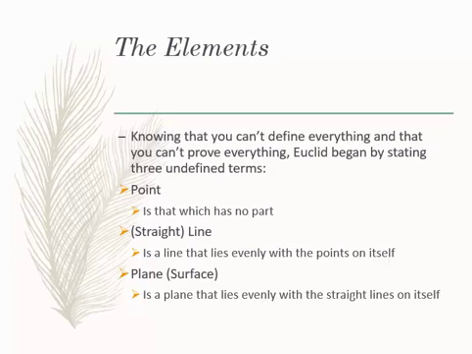So these three concepts, just know them, kind of glance over these definitions. So a point is that which has no part, and a line, a straight line, is a line that lies evenly with the points on itself, and a plane, or a surface, is a plane that lies evenly with the straight lines on itself. Now, whether this makes any sense to you or not, alright, and I'm not talking philosophically,